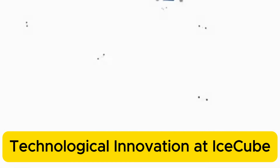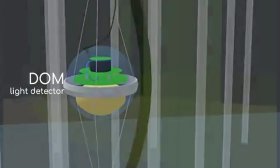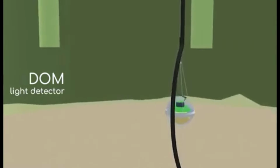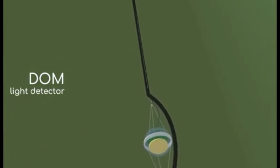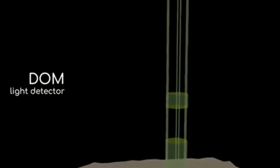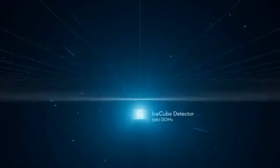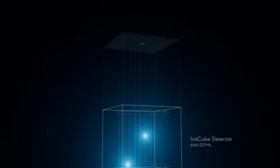Technological innovation at IceCube. The DOMs are incredibly sophisticated devices housed within 13-inch glass spheres to withstand the crushing pressure and extreme cold of the Antarctic ice. Each DOM contains a photomultiplier tube, sensitive enough to detect a single photon, transmitting over a terabyte of data daily to researchers worldwide. Among the countless neutrinos streaming through space, IceCube detects around 275 events daily from cosmic sources outside